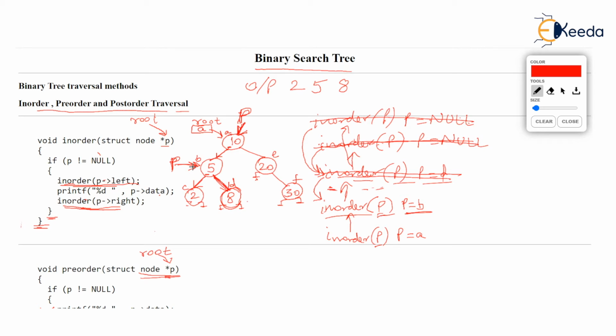What is the function in order P with P at B going to resume with? It's going to resume with the last line, close brace, close brace. I repeat. Students often say, sir, how are we going to remember what this in order 5 was doing last time? It's so easy. From where did you come back to this function which was operating on 5? You came back from 8.